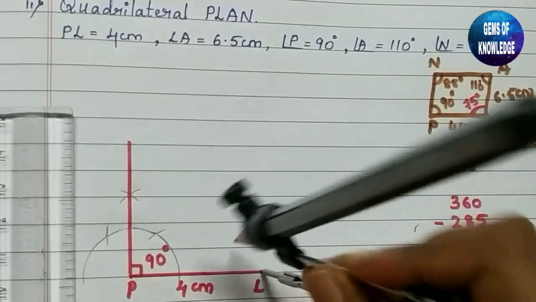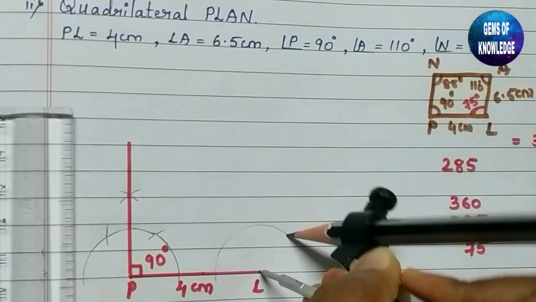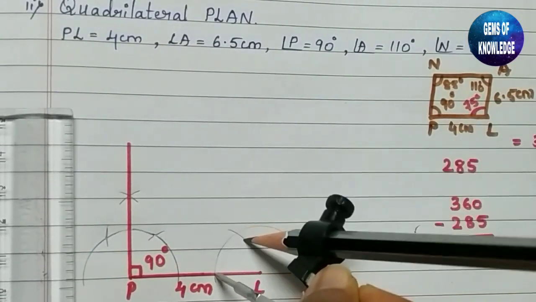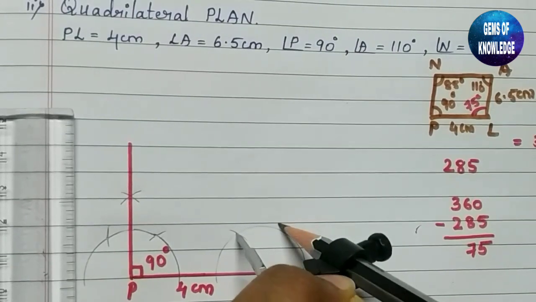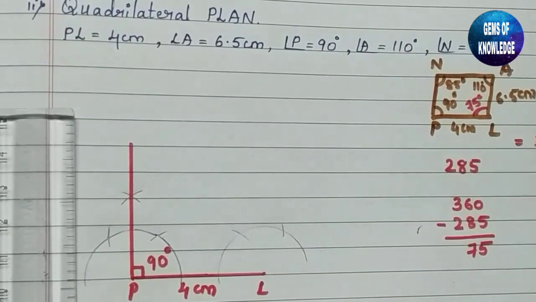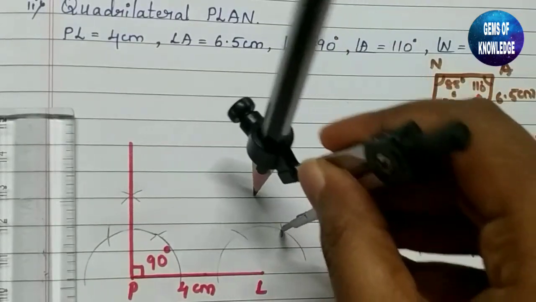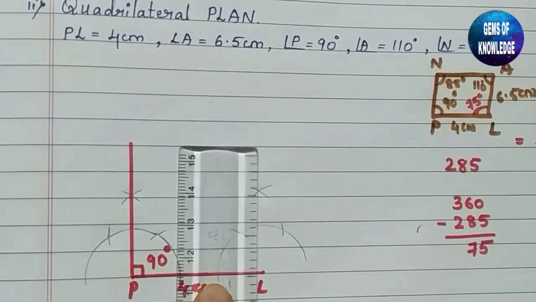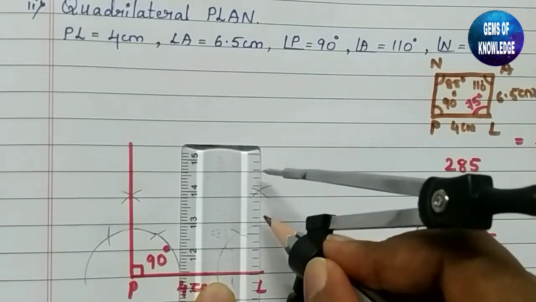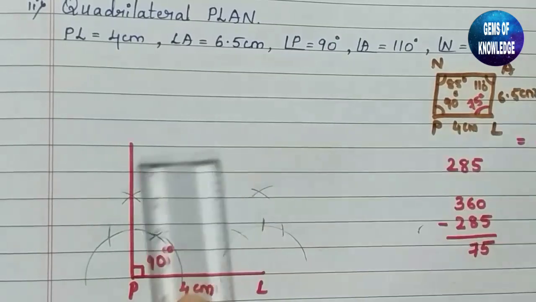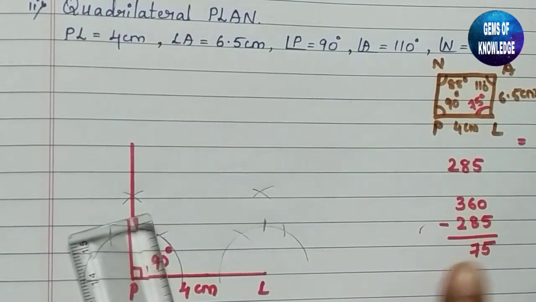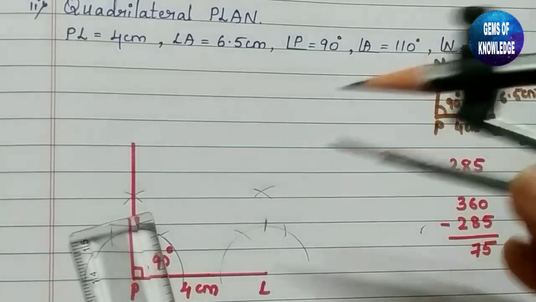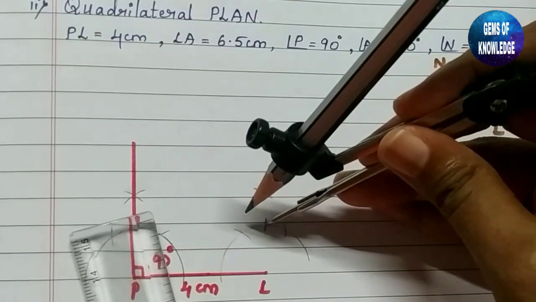By taking a small cut here, this will be our 60 degree and this will be our 120 degree. Then with the same measurement we will cut one arc here and one more arc here, and this line will show us our 90 degree. This is our 90 degree. But we need 75 degree, which comes between 60 degree and 90 degree. So what we will do is take the distance of these two.